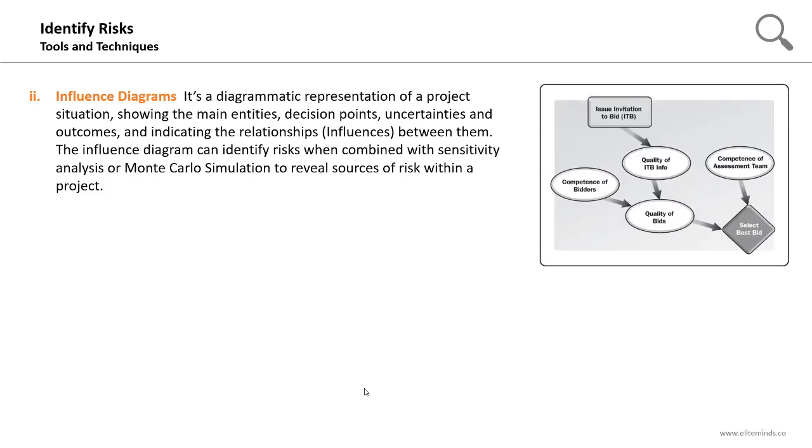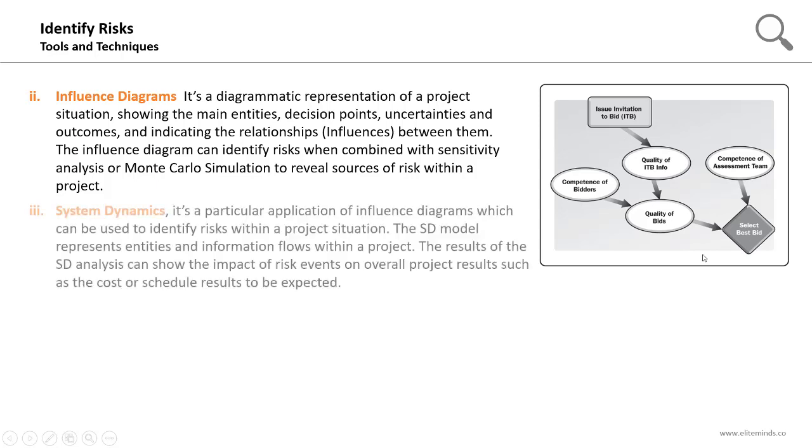Here is an example of an influence diagram showing a situation of bidding or selecting the best bid. Here are the entities, the decision points, and the relationships or the influences between those entities. System dynamics is similar to the influence diagrams. It's a particular application of influence diagrams which can be used to identify risks with a project or within a